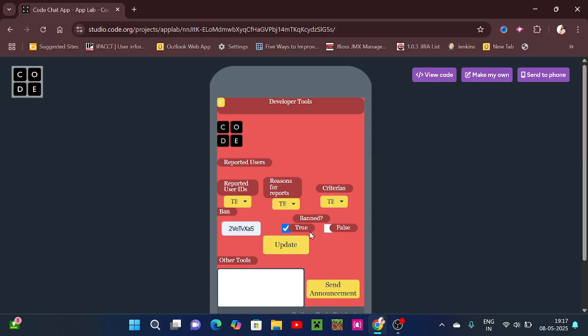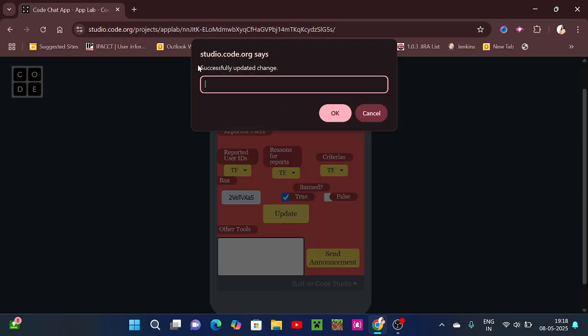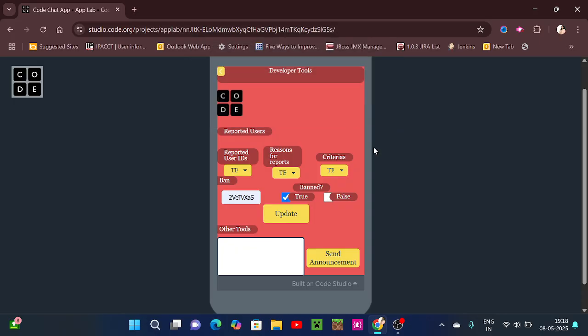So if the banned column of the user is true, then they will not be able to use the app. If it is false, then they will not be banned, although they will be given a warning. So I will update, and the change has successfully been updated. Now I can send the announcement here also.